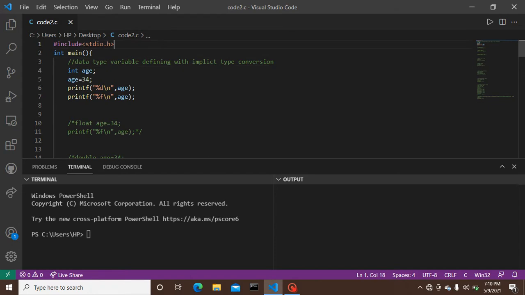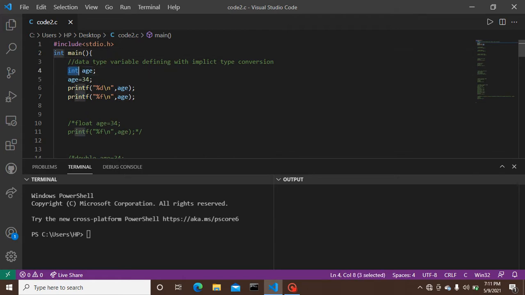Here, this include of standard input output is very important, as functions like printf, scanf and many more will run and proceed to a successful output. Next, have a look at line number 2. What is it? Int main. In some other compilers, instead of int, they use void main. But in the VS Code compiler, it executes when we give it as an integer main function.